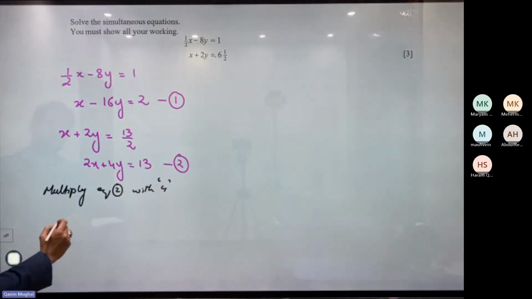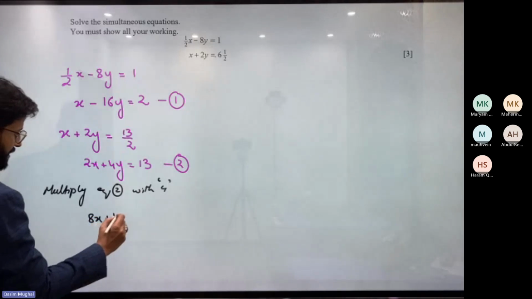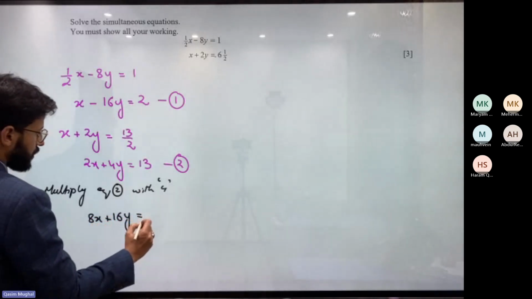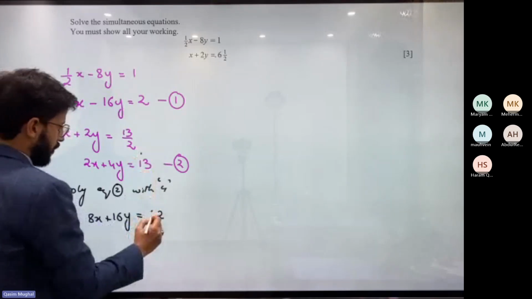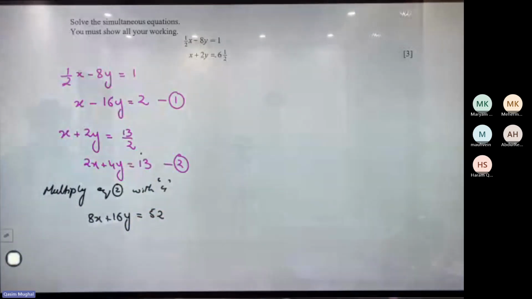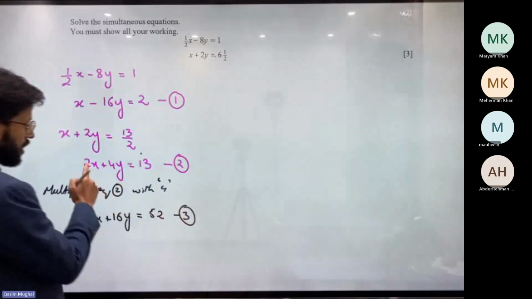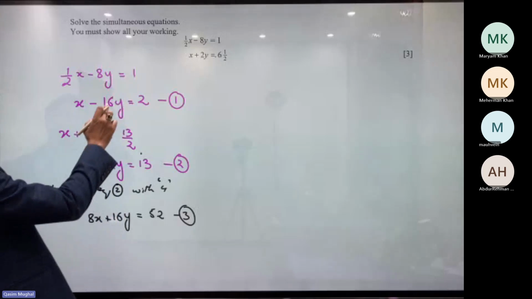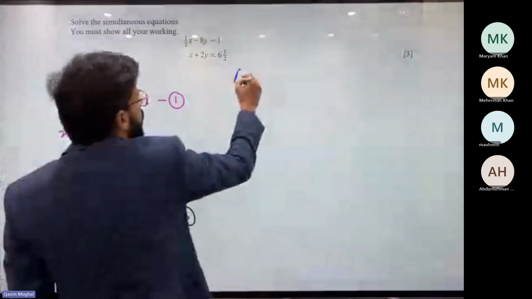अच्छा, so that is going to give you 4 2s are 8, 4 4s are 16, 13 times 4, 4 3s are 12, 4 ones are 4 and 1 5. यही आता है। तो ये आ गया आपके पास इक्वेशन 3। इक्वेशन 3 और इक्वेशन 1 से 16y माइनस 16y, इन दोनों इक्वेशन को ऐड कर देंगे।